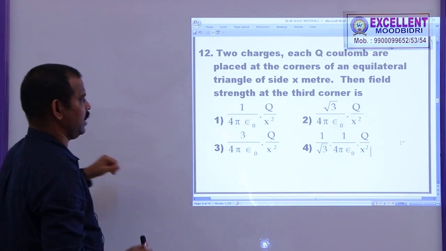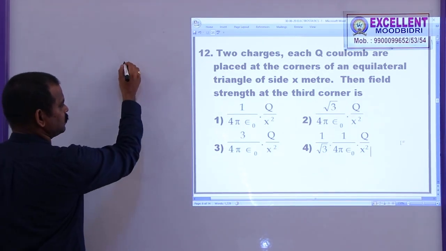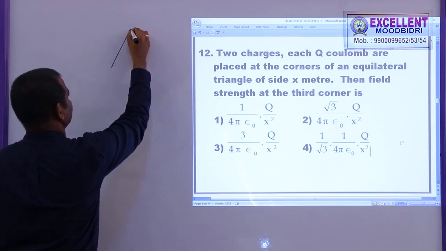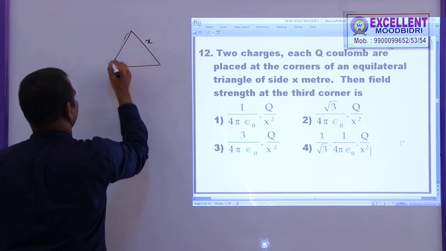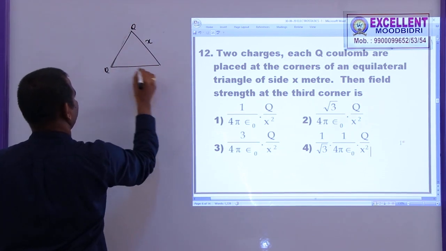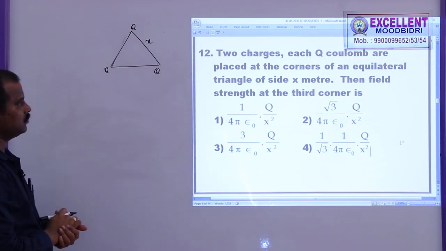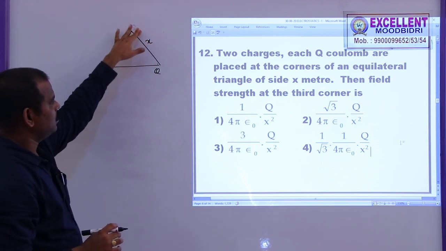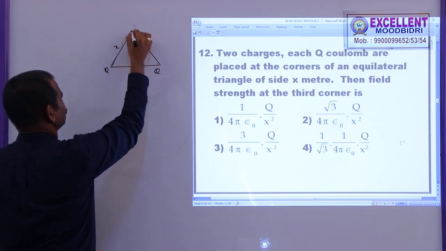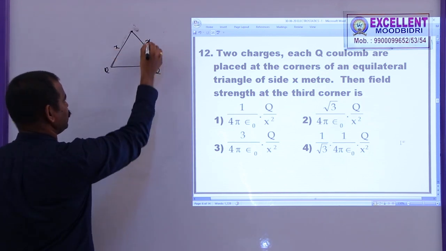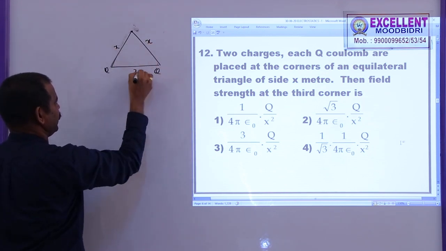Two charges, capital Q each, are placed at corners of an equilateral triangle of side x. So this is an equilateral triangle of side x, and the charges Q, Q, Q are placed at three corners. Actually, two charges are placed. Now the electric field strength at the third corner here. To find the electric field here, we know this is x, this will be x,